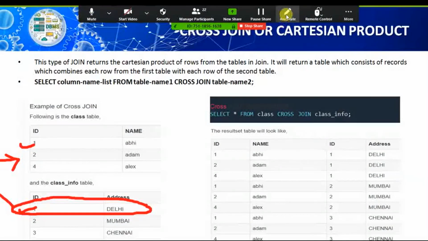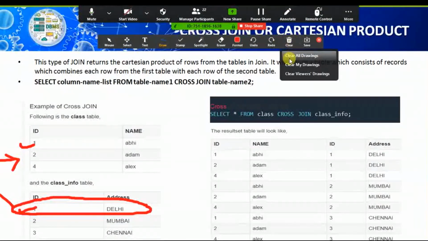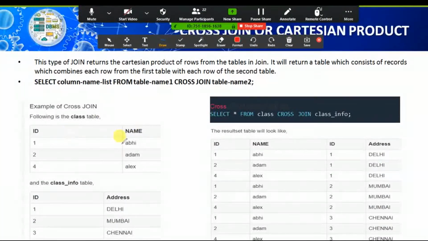It means first of all, it combined all the entries in table class, the 1, 2, 4 IDs, with class info's first row. This first row will multiply by each and every row of the previous table.